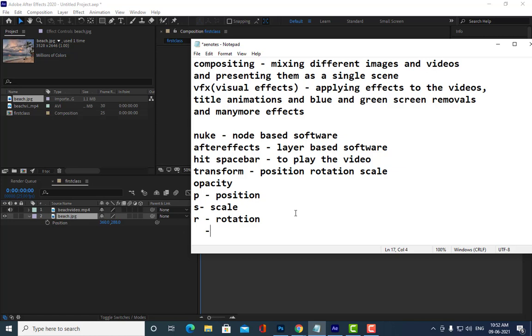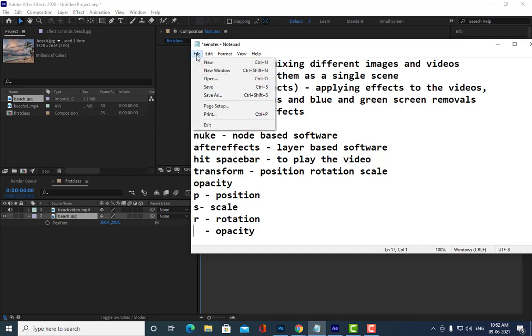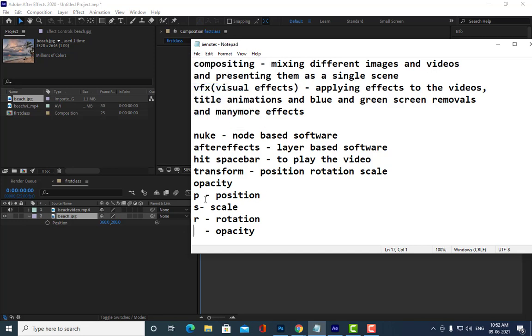Tejaswini, can you tell? Are you listening to what I am saying? P for position, S for scale, R for rotation. So what is the shortcut for opacity? Nobody is saying here.